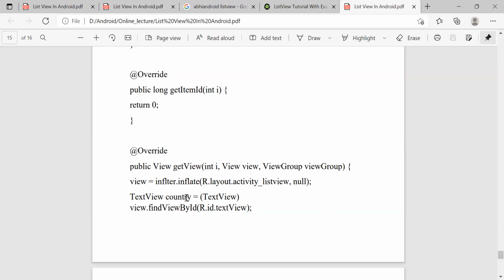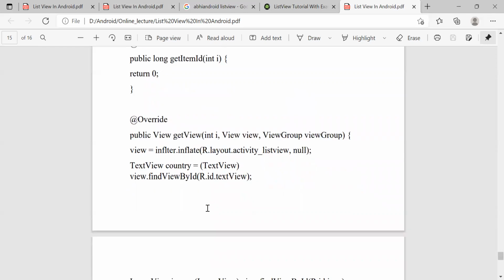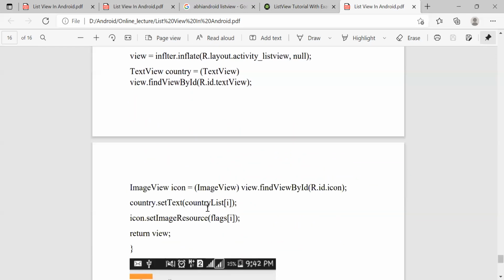Then TextView country is equal to TextView. Here we cannot access directly by using findViewById because it's on another page. It will look for the text view on this MainActivity.java page, but it's not there. It's on another page. To access that, we use view.findViewById and R.id.textView. ImageView icon, ImageView findViewById, R.id.icon.